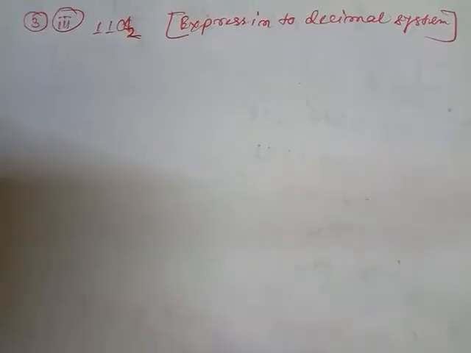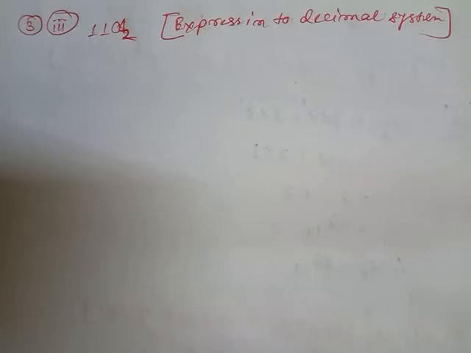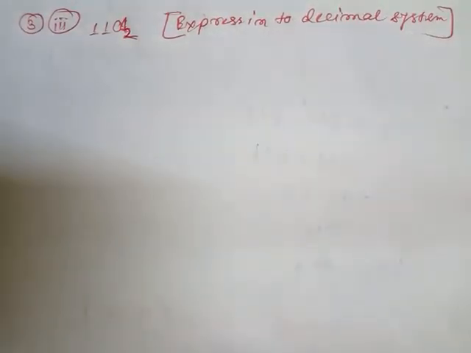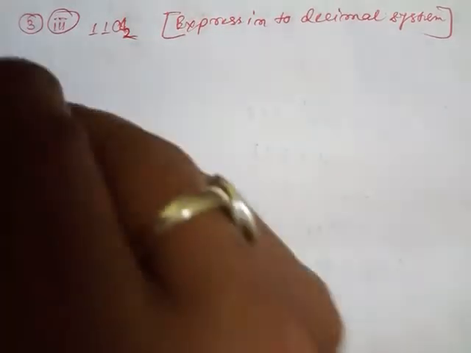Now students, in this way I am going to solve question number 3, Roman 3: 1101 base 2 expressed in decimal. Now students, look at one thing: whatever the digits may be, 32 base 8 or 143 base 6 or 1101 base 2 or 645 base 7 or 1165 base 8, and whatever the base may be, in the same way as Roman 1 and Roman 2, and now Roman 3, we have to convert into decimal the same way. Now let's have a look at how to solve this one.